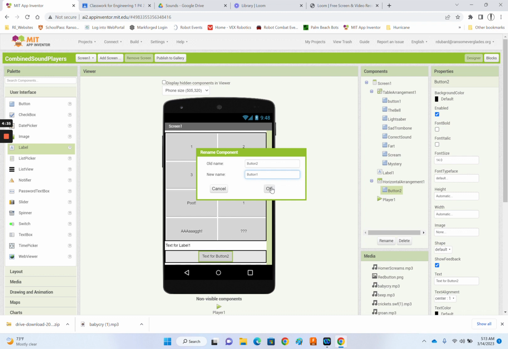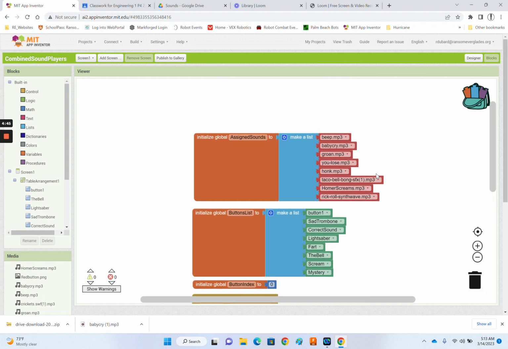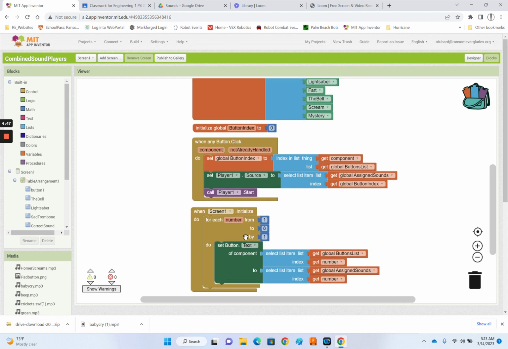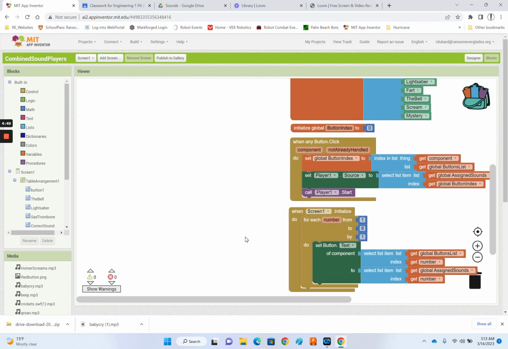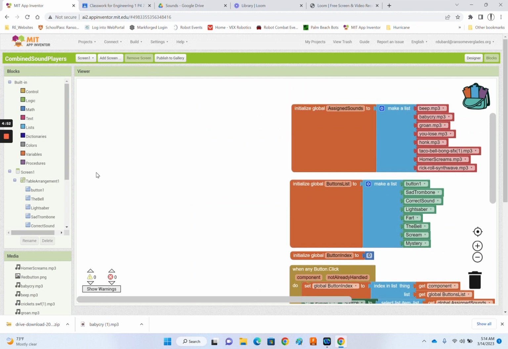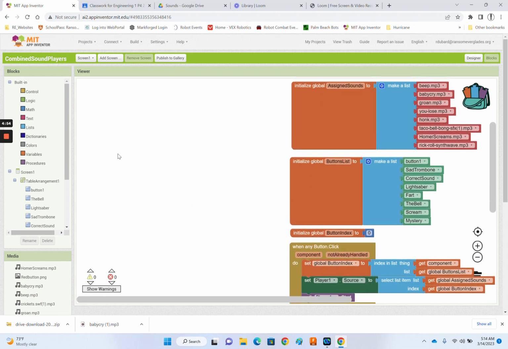Like this. I think it'll let me do that. Yeah, so that one's called button 1, so that matches the name of the code that we're going to pull in from elsewhere. So under your blocks, we have the blocks that are associated with this program. I'm going to scoot those over to the side here, and I'm going to put the code from the other